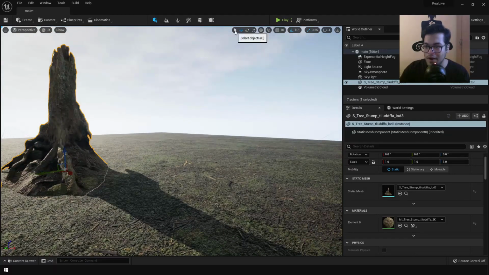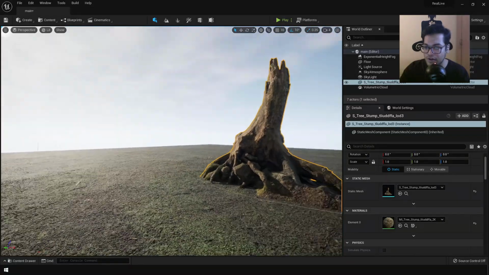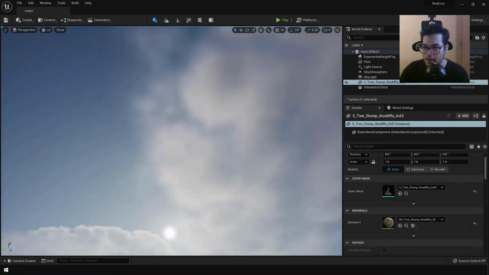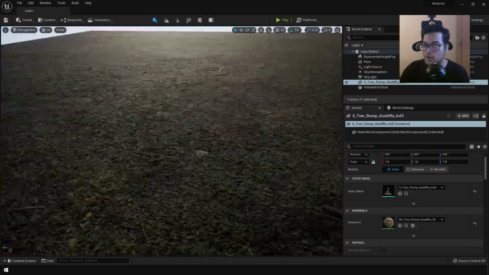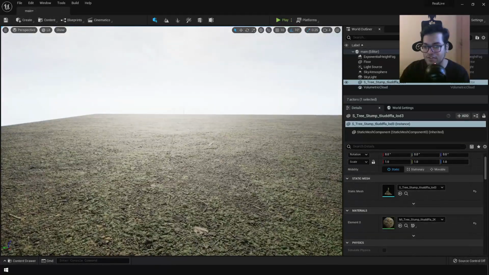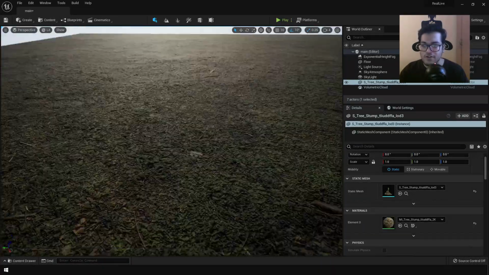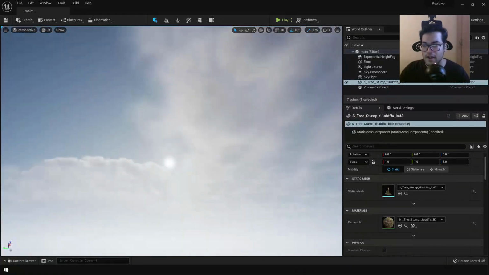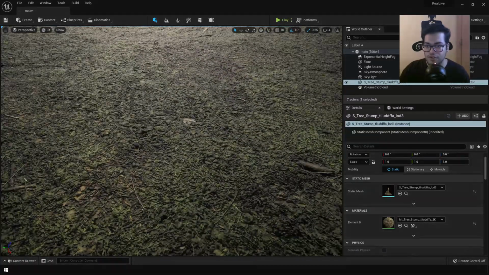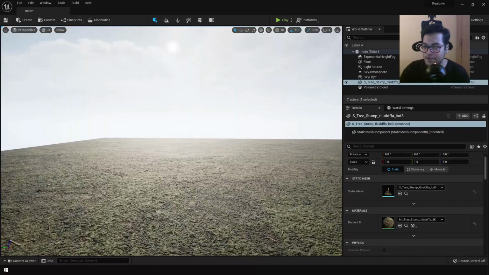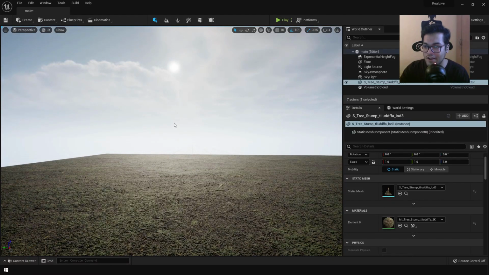Unreal Engine will automatically change the brightness of your scene depending on where you're looking. If you're facing the sun, you will have a lower brightness, and if you're facing the ground, Unreal Engine is going to increase the brightness and it is going to increase the exposure of your scene. This is called eye adaptation. This is how it works in real life, but I want some constant lighting for my scene.